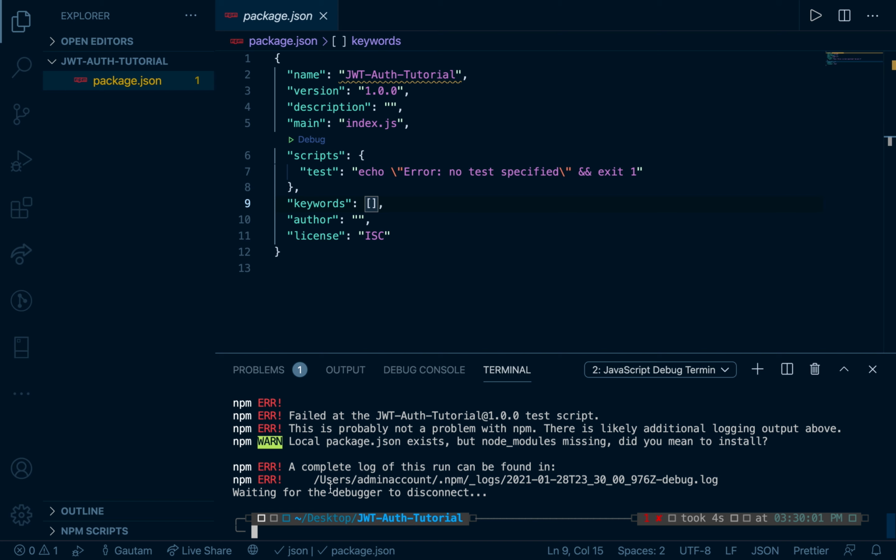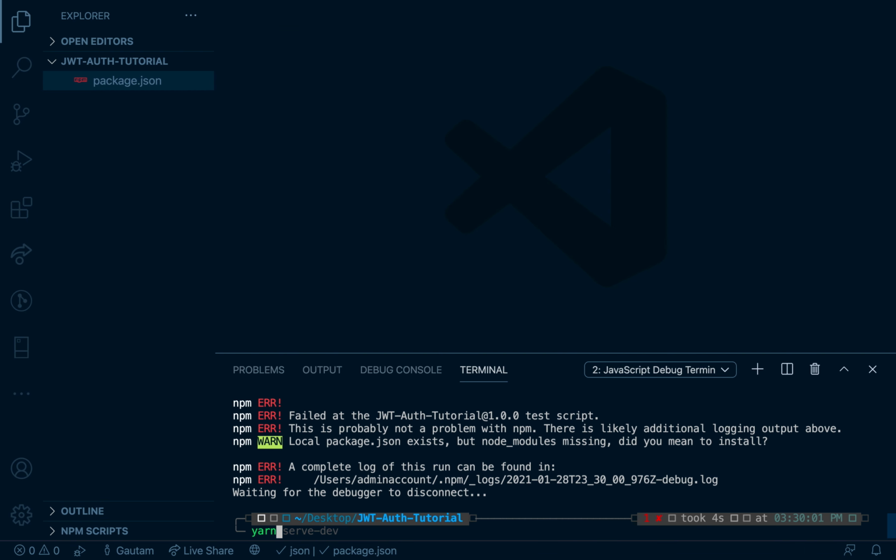once we've done that, we need to install the dependencies or the modules or libraries we're going to be using. I'm going to be using Yarn as my package manager, but you can use npm if you want. I just like using Yarn better. So what I'm going to do is yarn add express